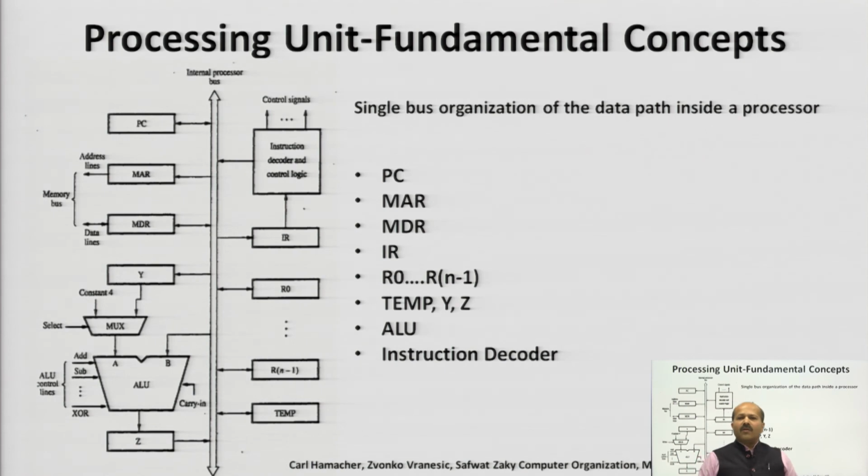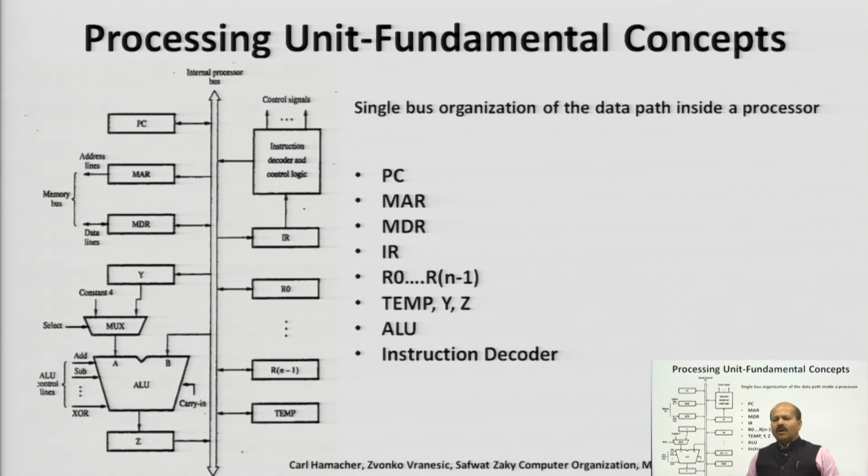So, before going into detail of control steps of instruction execution, we need to understand the single bus architecture. We need to remember this architecture of any general computer organization, and with the help of this particular figure, we can easily write all the control steps required to execute any given instruction. Here in this architecture, the components PC, MAR, MDR, Y, ALU, Z and the general purpose registers, IR and instruction decoder are connected through a common bus system.